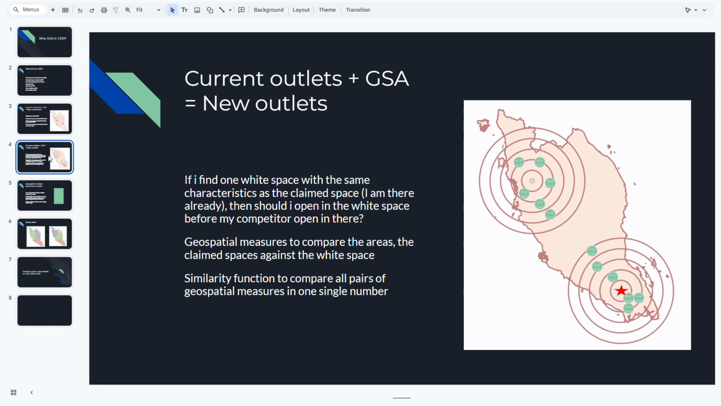Okay, so that's how GSA helps you expand your business from one place to another. The same thing can happen with a new market as well. So for example, if you want to open from Bangkok, and then you move to Ho Chi Minh City or Hanoi, the count will be the